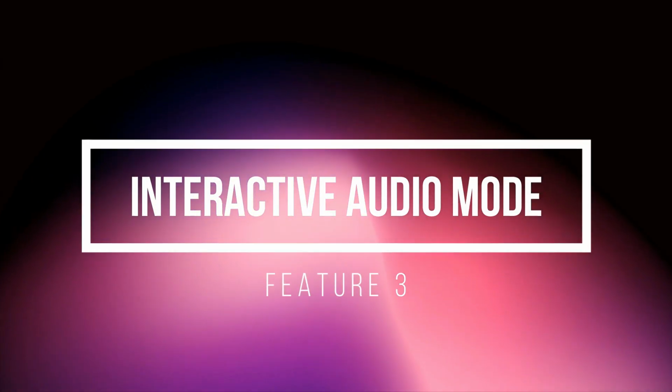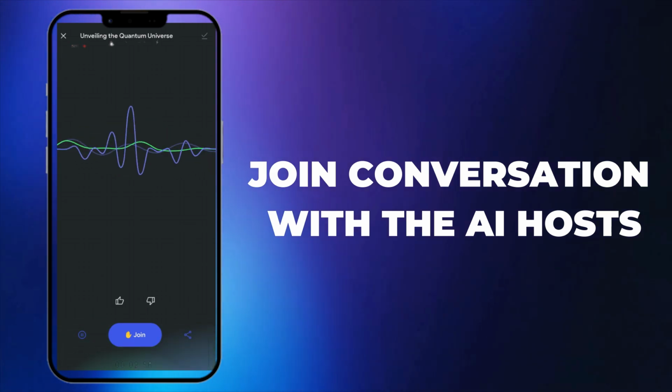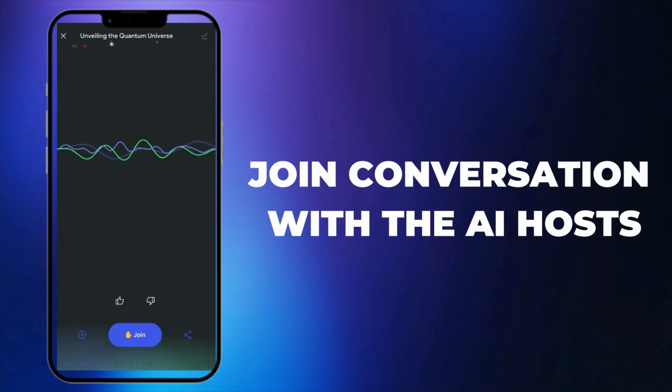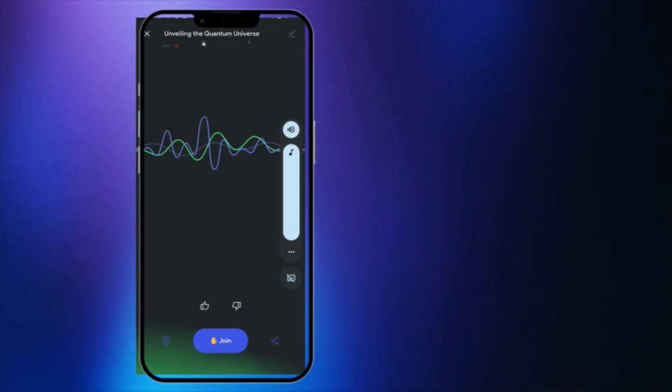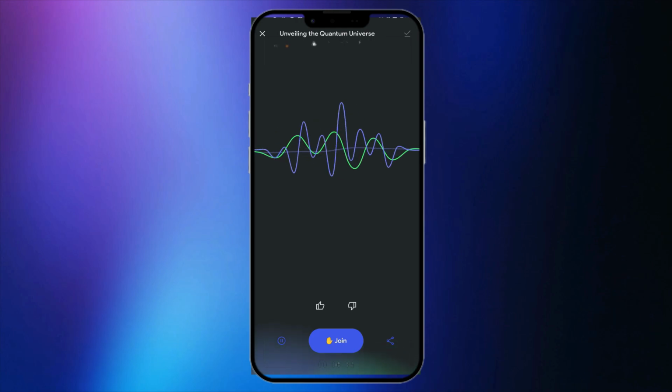Interactive audio mode. There's also an interactive beta feature where you can join a conversation with the AI hosts while listening to an audio overview. This has been incorporated similar to the desktop application. So if a question pops in your head, you can pause and ask for clarification right then and there without